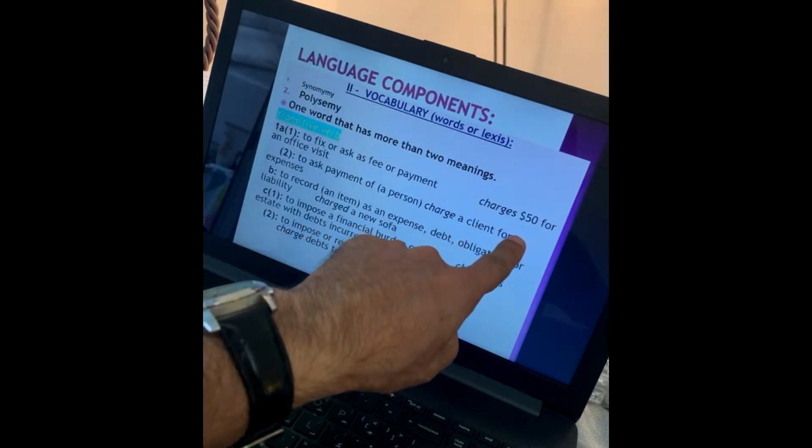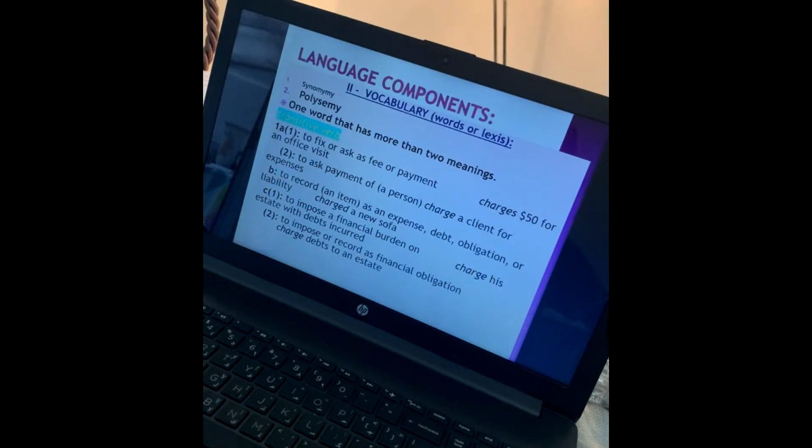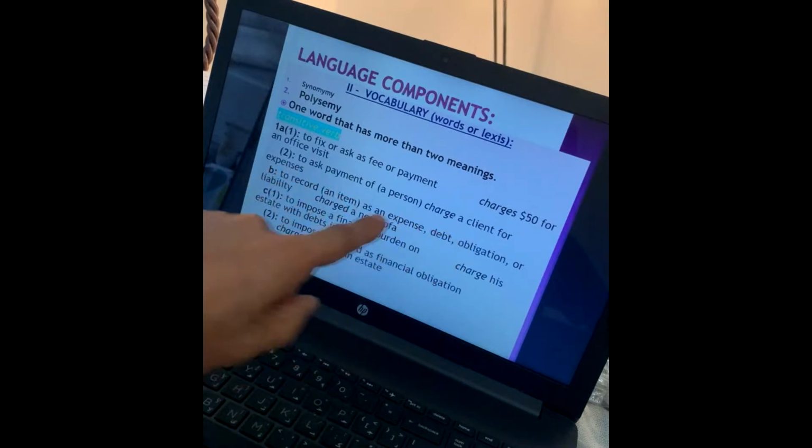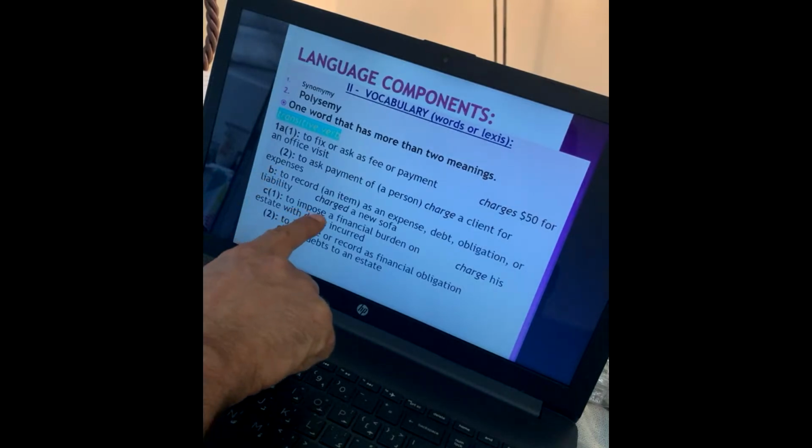Charges $50 for an office visit، يعني إذن يكلف أو يطالب بأجرة قدرها $50 لزيارة المكتب. أو charge a client for expenses، يعني يترتب عليه بعض الأتعاب على الوكيل معه بعض النفقات. Okay. فأنا charged a new